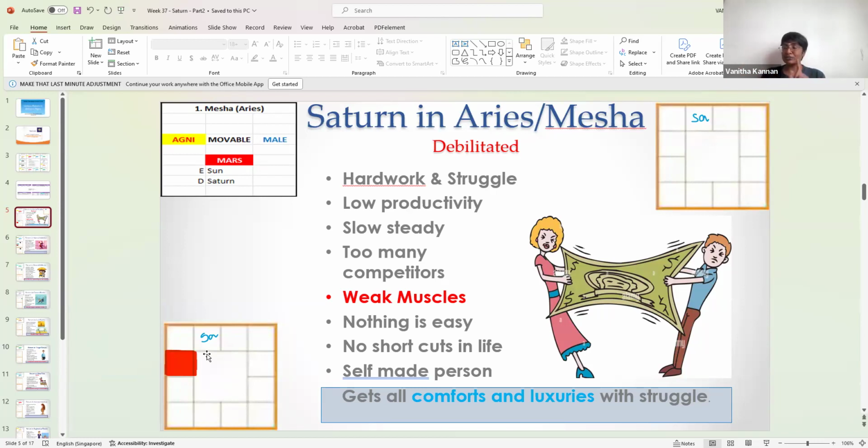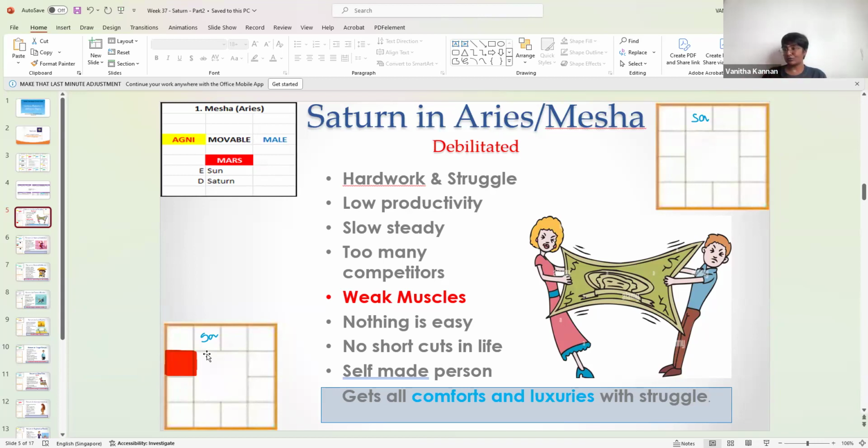If Saturn was placed in the Lagna, the second house, the third house, as Mesha becomes your second house, third house, fourth house, fifth house, till the 12th house, the result will be the same. But how do you apply this? The relevant house behavior: first house for you, second house for your money, third house for your communication, fourth house for your motherland, fifth house for your son and father, sixth house for your disease and enemies,